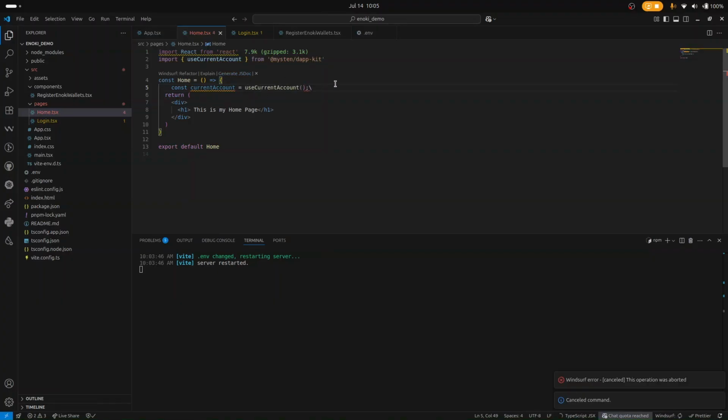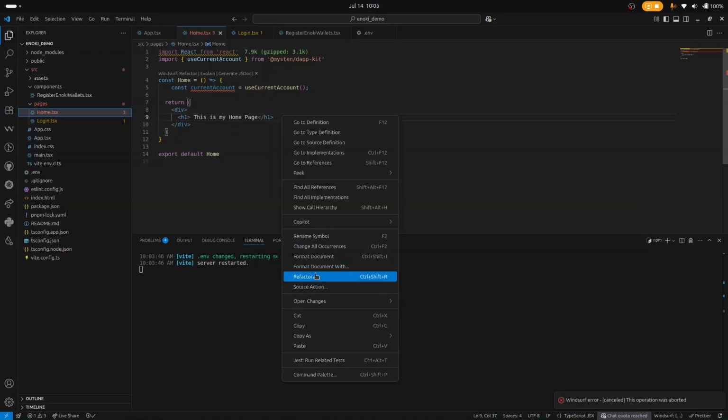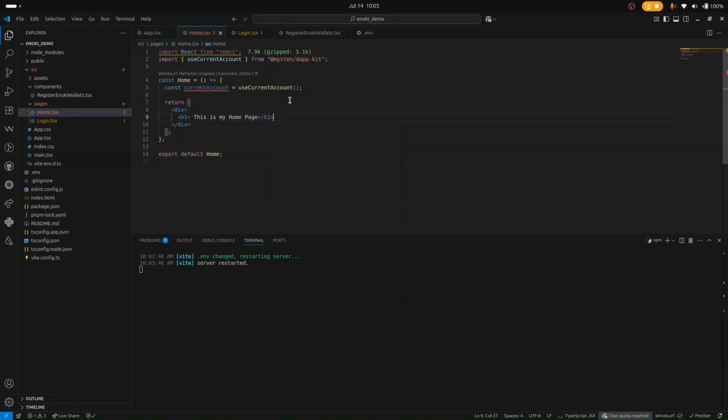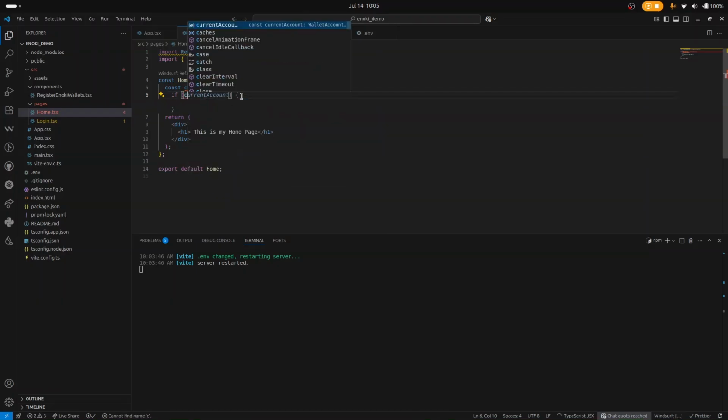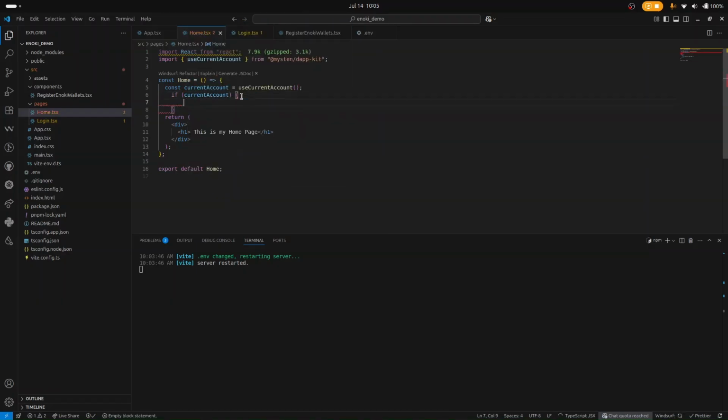Then I want to check if a user is logged in on my own page. So to check if a user is logged in, let me say if not current account, to check if user is not logged in, I would